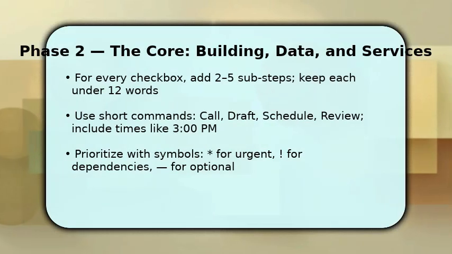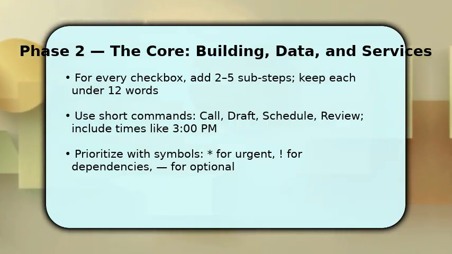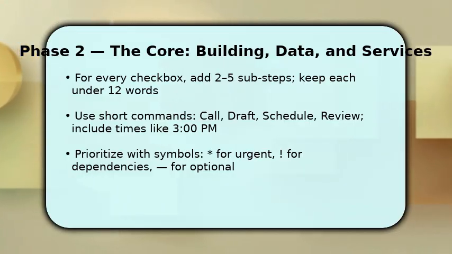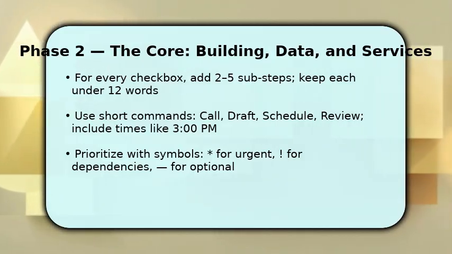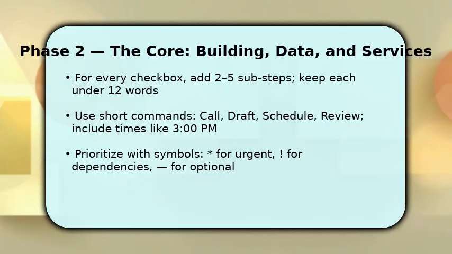You now expand each top-level item into concrete substeps so execution becomes simple, 2 to 5 actionable lines per task. Use short command words, call, draft, schedule to trigger immediate action. Once done, label urgency with symbols like asterisk for critical or, for dependency. This visual hierarchy speeds decisions. Make sure to include times, for example 3:00 p.m., and a one-line note explaining why each substep matters, because motivation